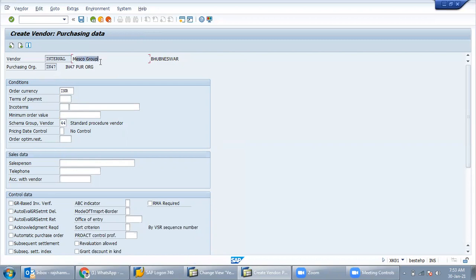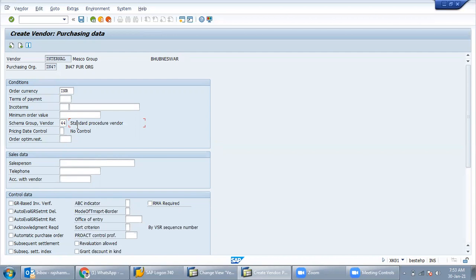So when we make the purchase order with vendor Mesco Group with schema group 44, that means that purchase order will go through the approval system. Means there is an approval process.